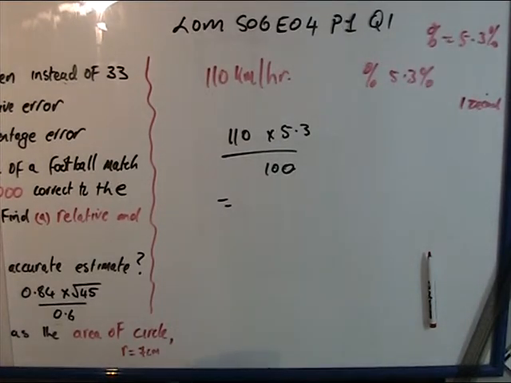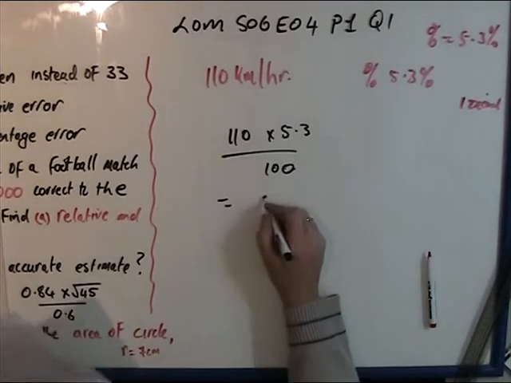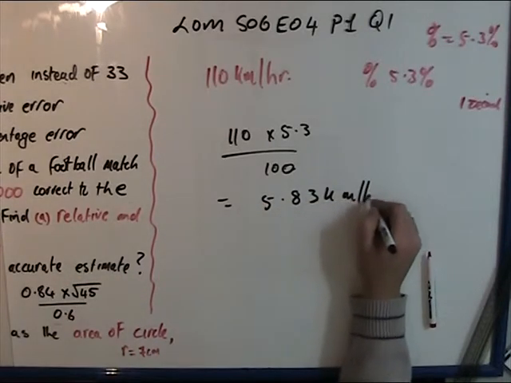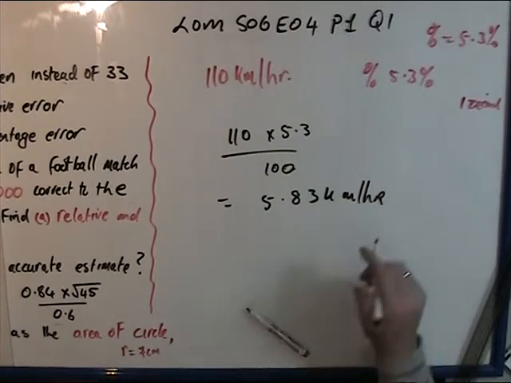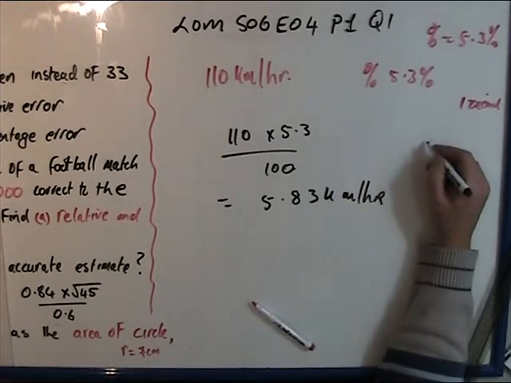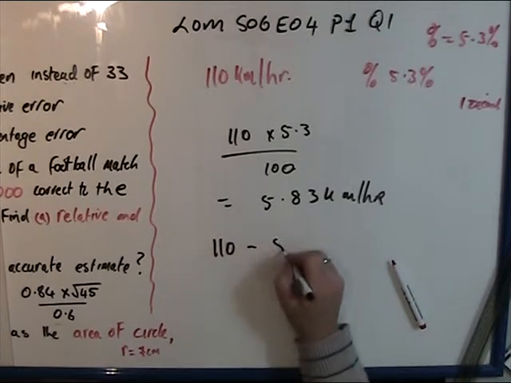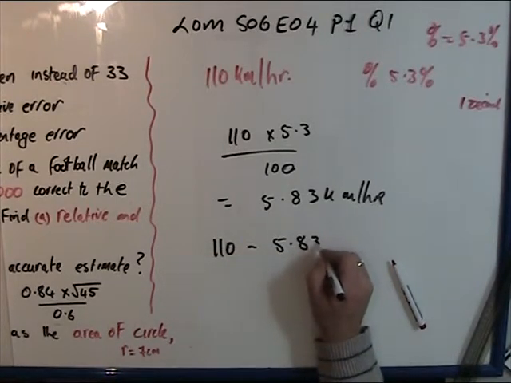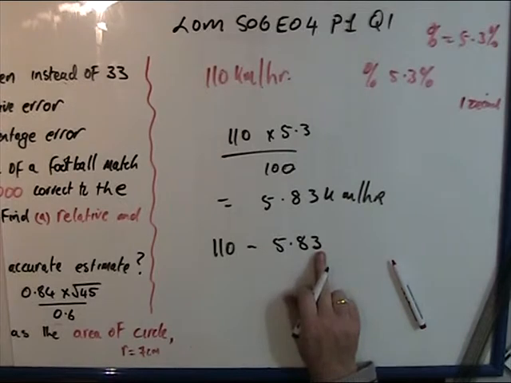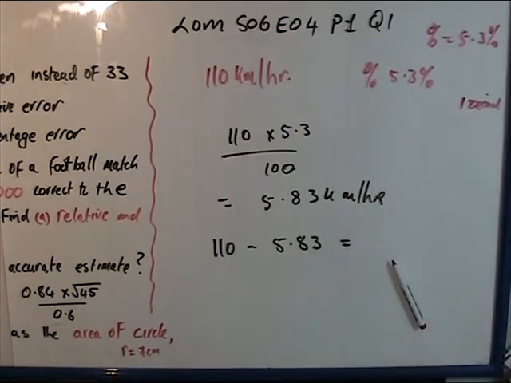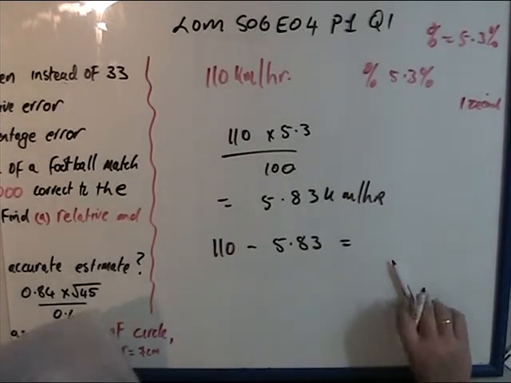Okay, it will tell me how much out he's going, and it ends up as 5.83 kilometers per hour. Okay, so this is 5.83 kilometers per hour less. So we have to subtract 110 minus 5.83. We can change this to 9, but we'll do it later and see what the final result is. So it's 110 minus 5.3, which is equal to